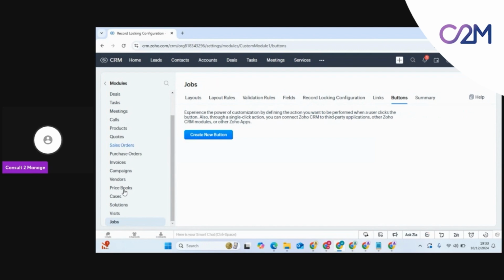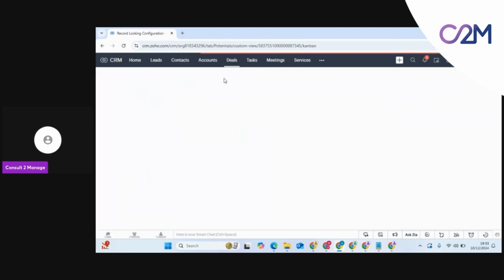But with these customization options, you have this pretty much on all of these. So we covered layout, we covered fields, and we covered modules. Quickly, before we move forward, I will show you how the job basically looks. So if I go to a deal, for example, if we go to the deals module,